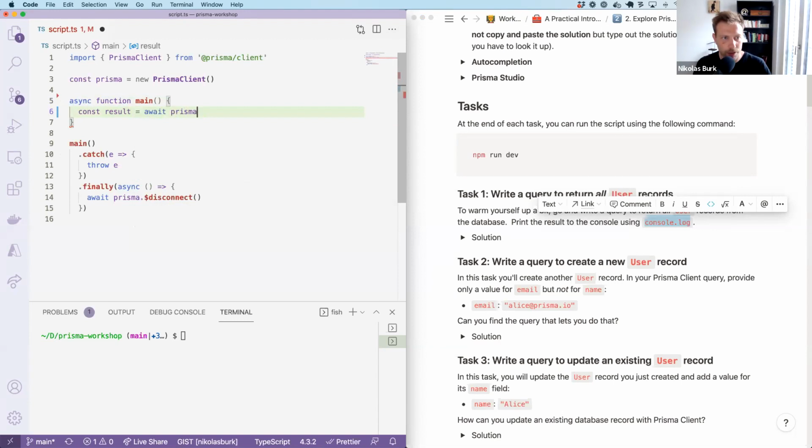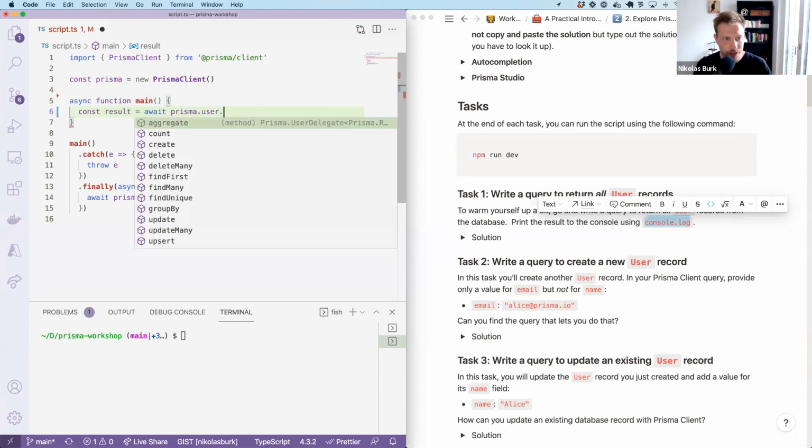All Prisma Client queries return promises, so that's why you need the await keyword. And it's very neat here, the auto-completion that I've talked about before. It's being invoked, and I can see all of the different top-level functions I can invoke. But in this case, I actually want to query for the user model, prisma.user, and I can put another dot here, and there is more auto-completion, and I see all the different queries